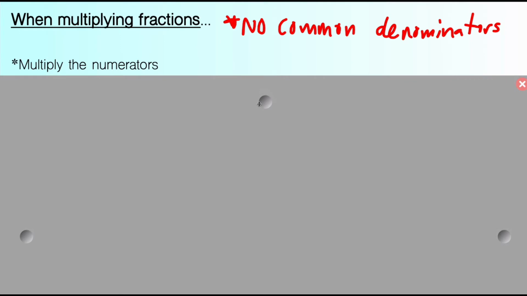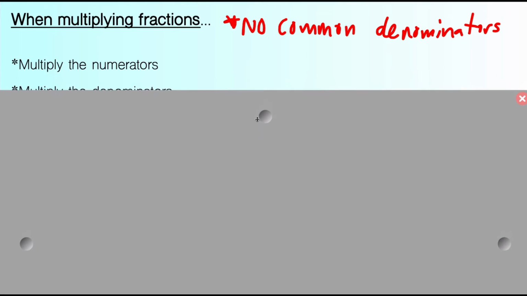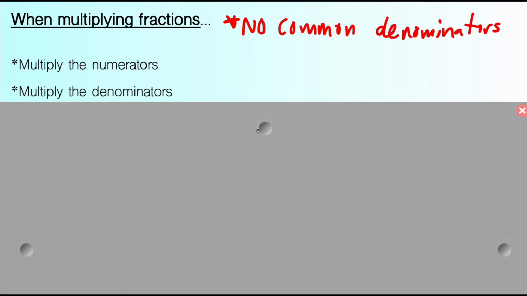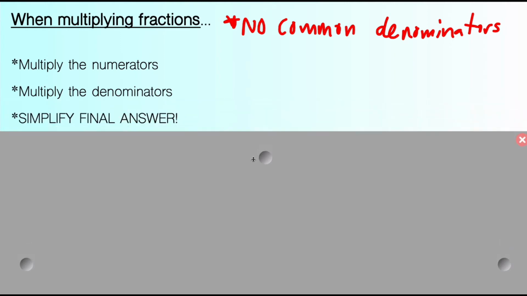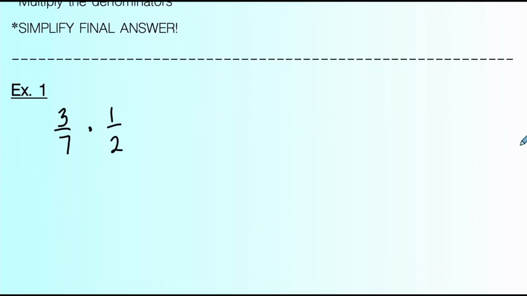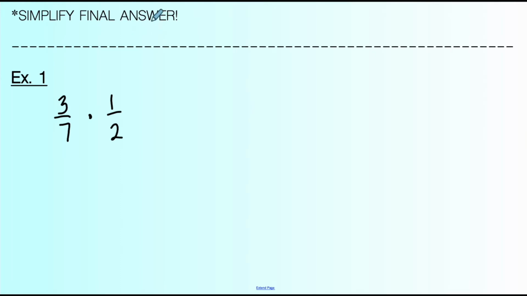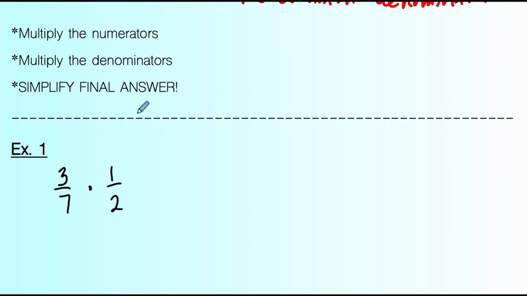Step 1, multiply your numbers on top, aka the numerators, followed by multiplying the numbers on the bottom, called the denominators, and then you're done. The only extra thing would be to simplify your final answer. So we could look at a really small, easy example, 3/7 times 1/2. Well, as it says, multiply the numerators, 3 times 1 is 3, multiply the denominators, 7 times 2 is 14, and if possible, simplify. In this case, you can't simplify, so we have our final answer, and we're done,